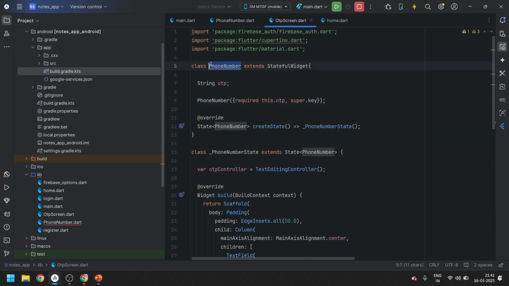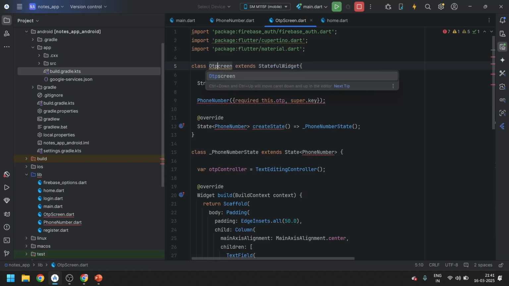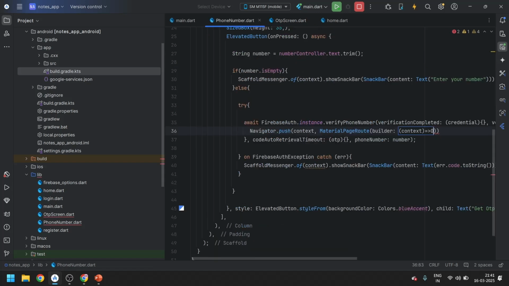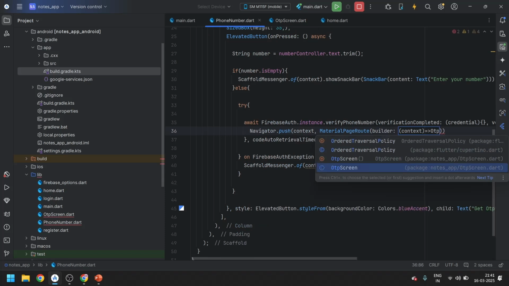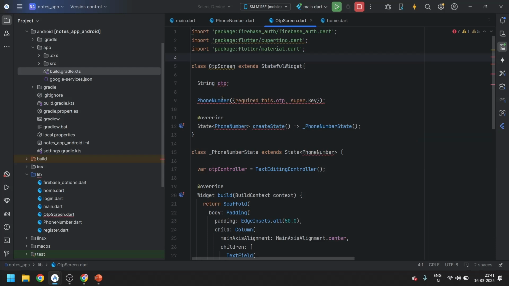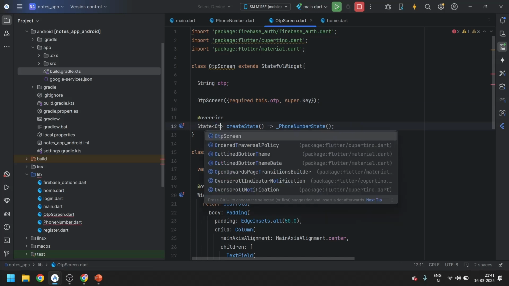Yeah, I didn't change it. OTP screen. So it's done. Just make it OTP screen and done. In this, instead of phone number, convert everything to OTP screen.